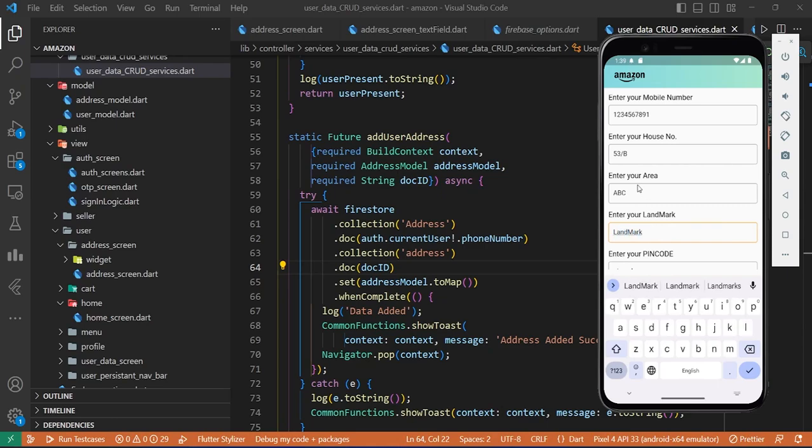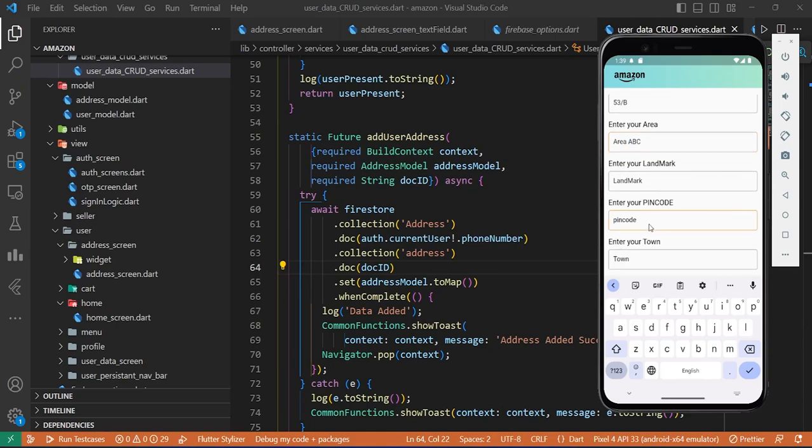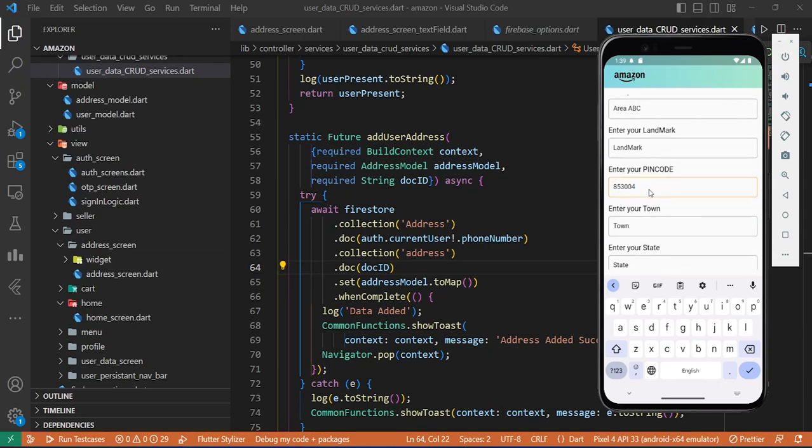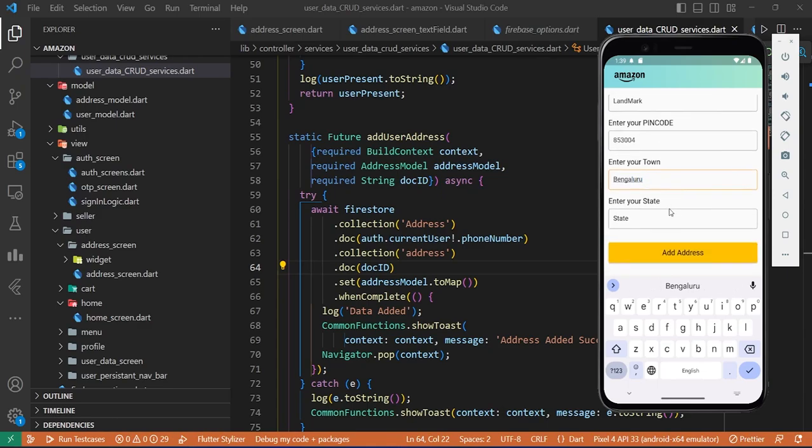And API ABC. Pin code, I will just give some random pin code 853004. Town, here I will go with Bengaluru. State, Telangana. Okay,